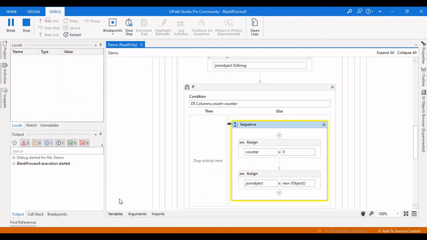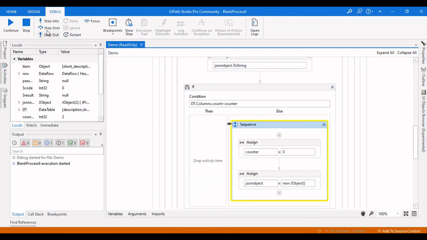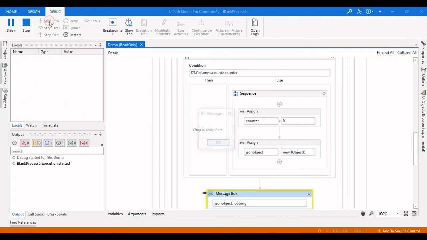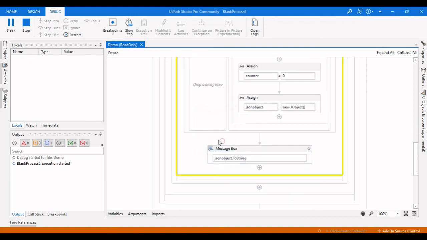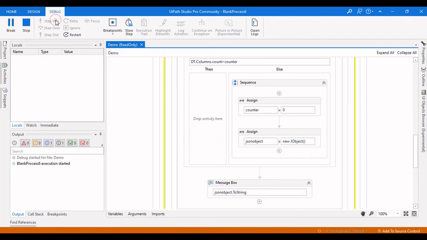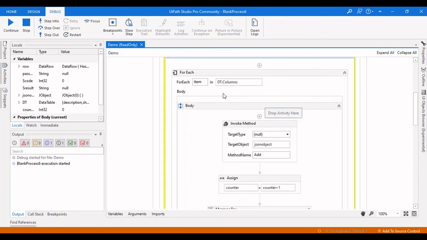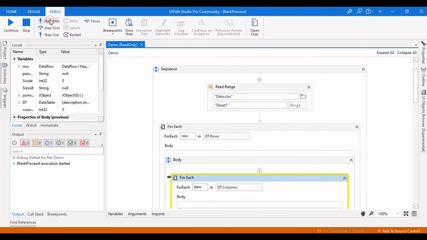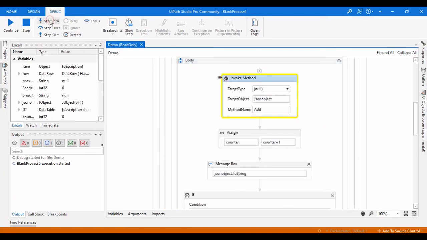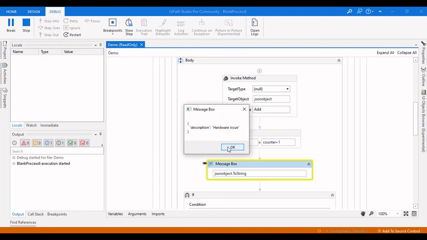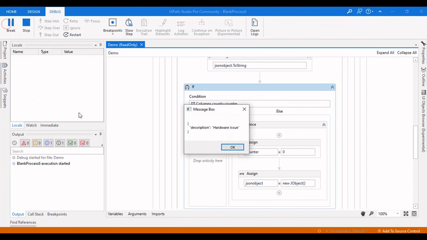Now it gets to here, and again it needs to go here, and again top, because there are some other rows as well. So again it has to come in and create a JSON object. So it is done. So let me continue this, and let me stop this.